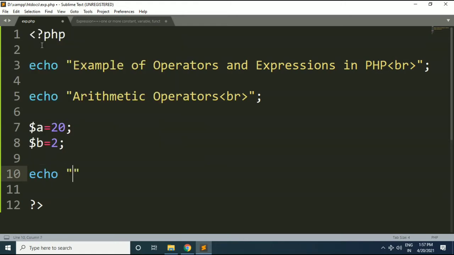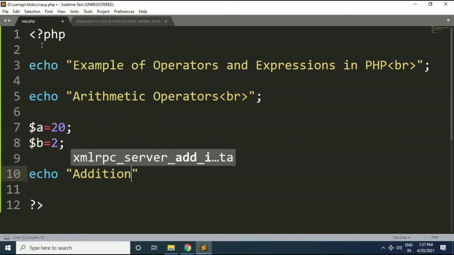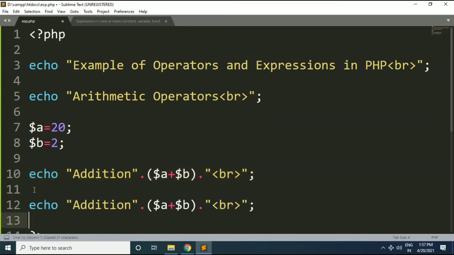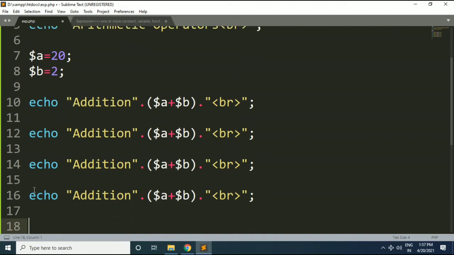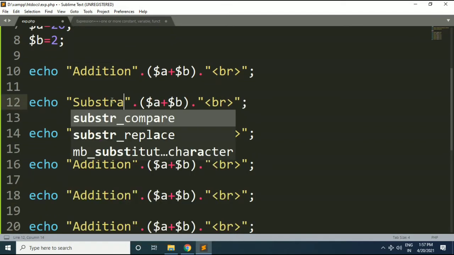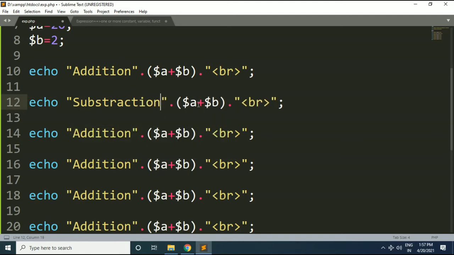Now the first statement we will write is addition, and here I will write the expression $A plus $B, after which we will use the BR tag. Now I will copy the same statement and change it to subtraction, and this symbol becomes minus.